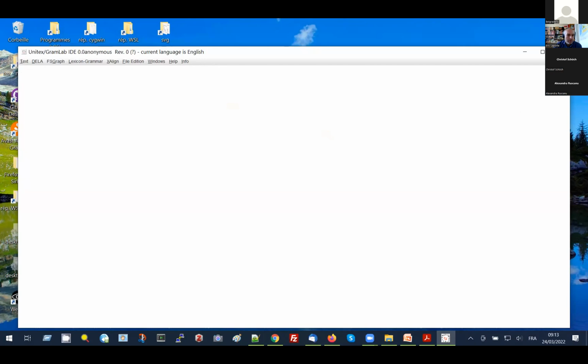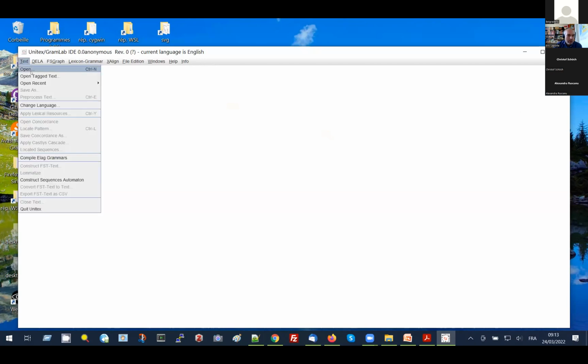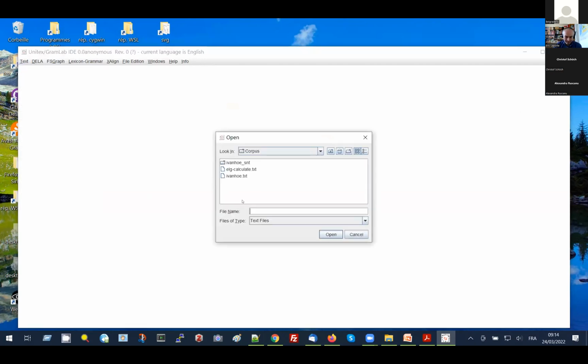So use the text menu, open, and then it will open in the corpus folder where you have the different texts that you can open. Sometimes you have to check the types of the files if you can't see anything displayed here. I choose Ivanhoe,